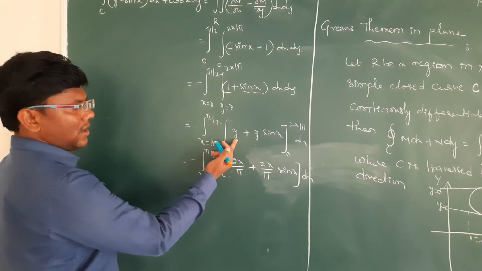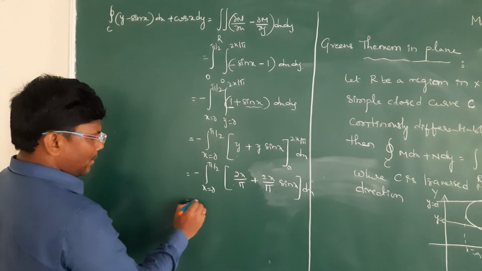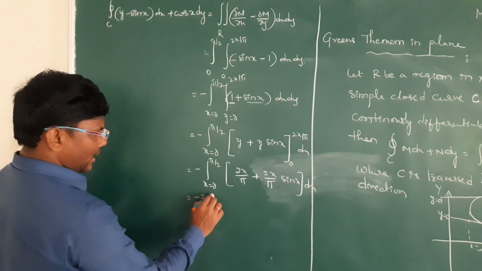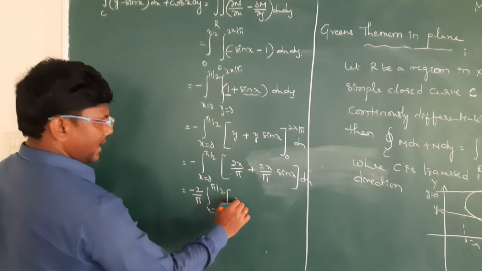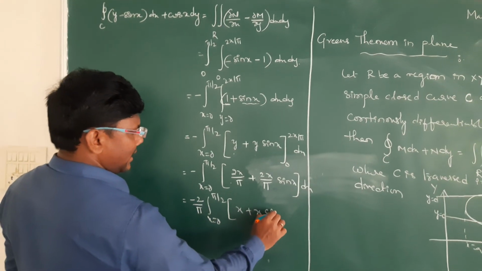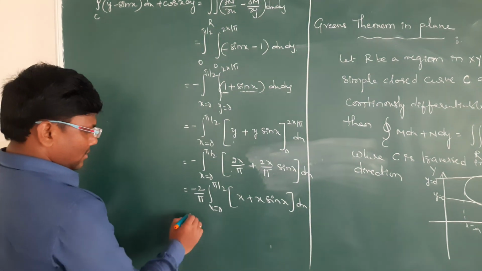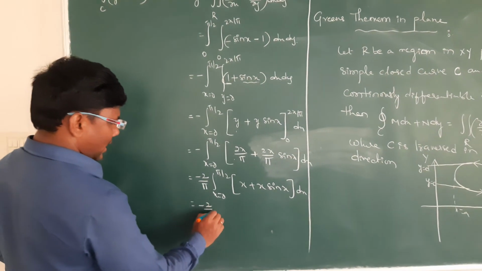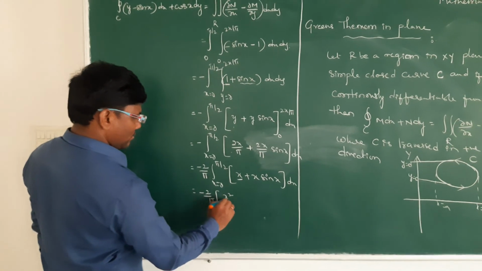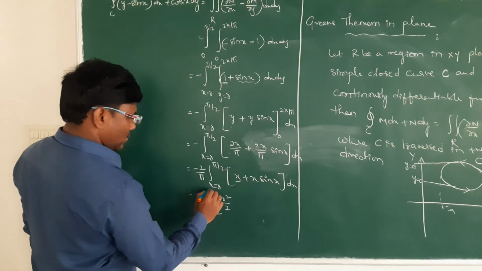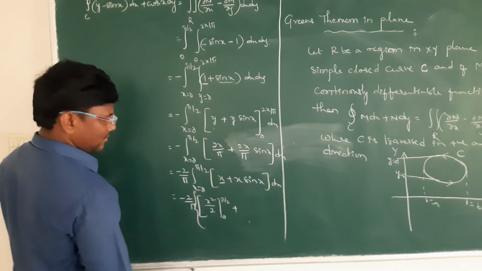For the lower limit the total is 0. In place of y we substitute 0, so 0 minus 0, total 0. In this 2 by pi is common: minus 2 by pi, integral x equal to 0 to pi by 2 of x plus x into sin x dx. Complete the integration. Minus 2 by pi, the integration of x is x square by 2, limits from 0 to pi by 2, plus